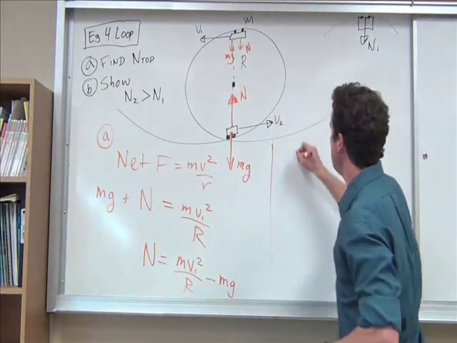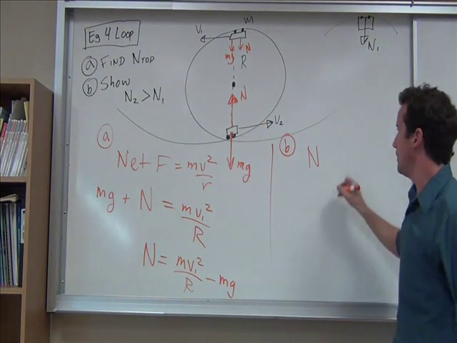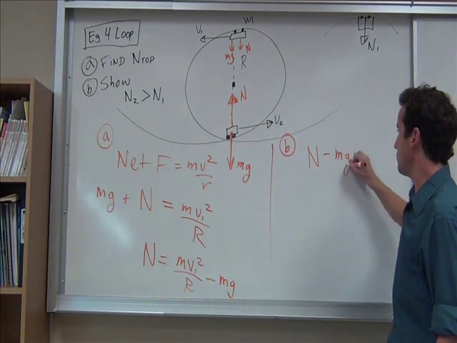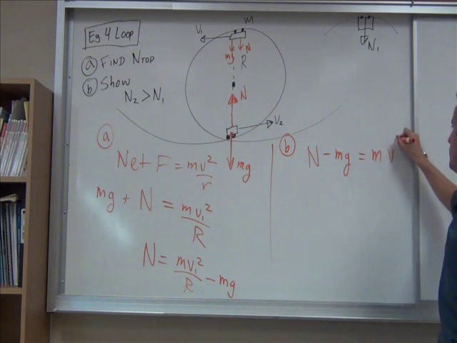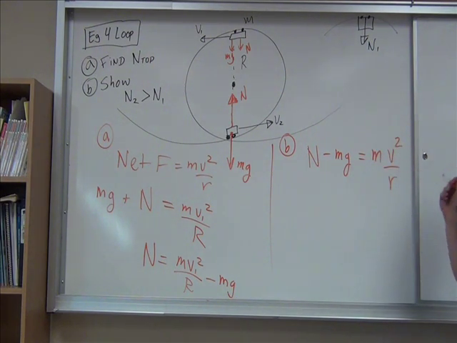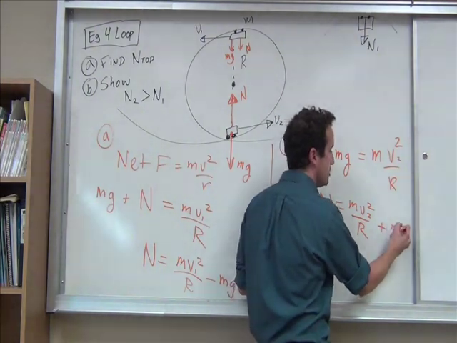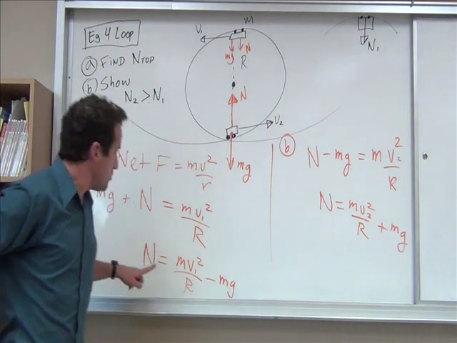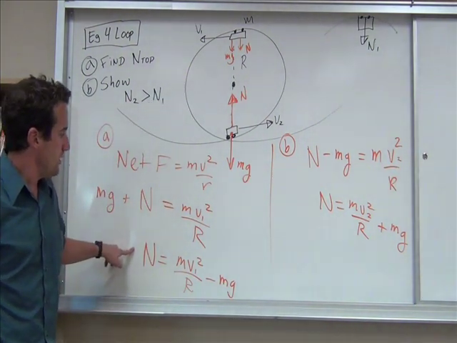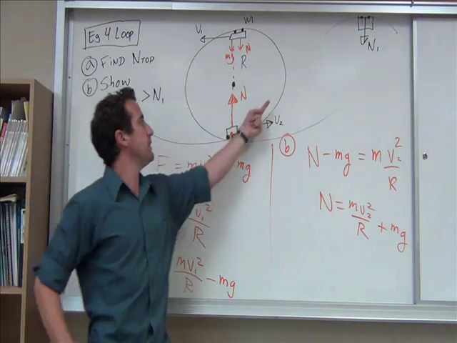So, for part B, normal force is up and wins, minus mg, which is down, and is equal to mv squared over r. This is v2, and this is capital R. N equals mv2 squared over R plus mg. Is that bigger than this one? Well, you bet it is. Especially when you consider that as it goes up the hill, it might